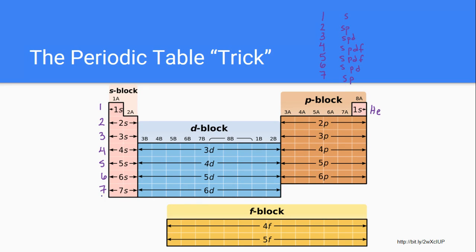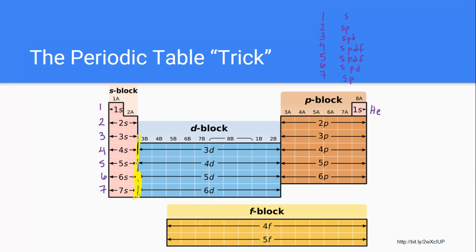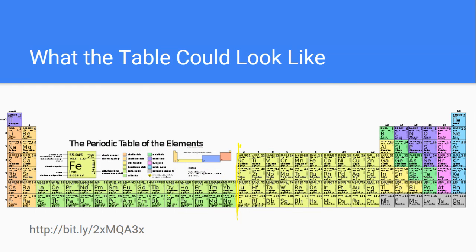But the F block really and truly should fit in right about here on the periodic table. If we could cut the table apart right here, where I just drew the yellow line from top to bottom, it would look like this. Right here is where I would have made my cut. And we take the section that's right here at the bottom, and we move it up here, it would look like this. And the problem with this is that it would be crazy long,